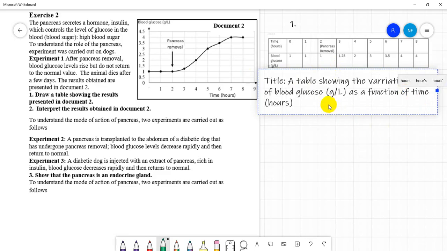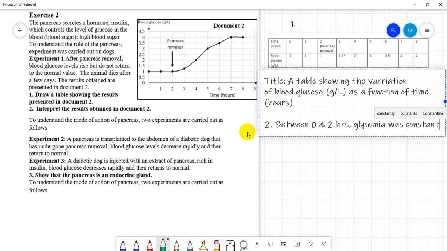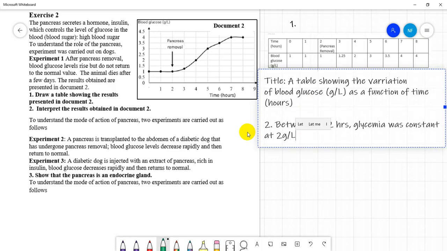Heading 1. To interpret the results obtained in document 2. Interpretation. When the action verb is interpret, we have first of all to be making an analysis followed by giving a significance. So let's analyze. Between 0 and 2 hours, glycemia was constant at 2 gram per liter. Okay,